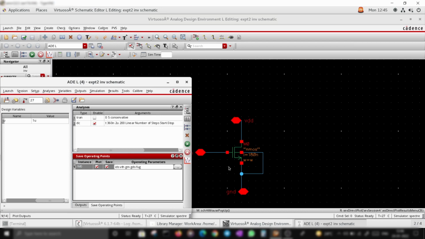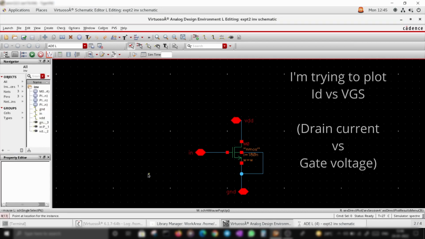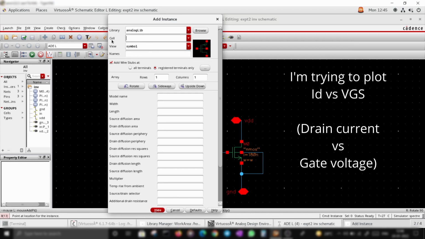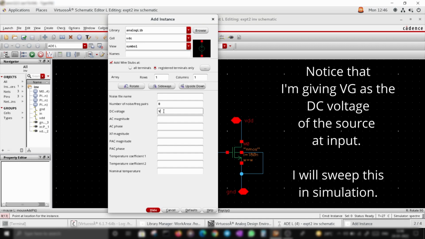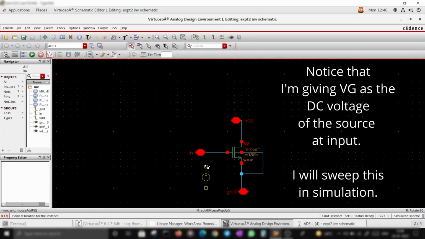Now let's do this. Let's vary gate voltage and plot the current.